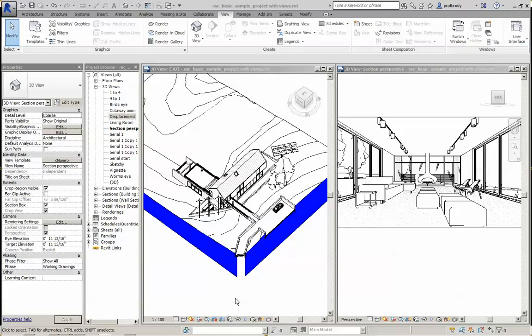Okay, gang, a few more view types that I'd like to talk about for our composition project. One is called a section perspective. I'm going to start with my standard interior perspective here of this space. But what I'd like to do is crop away, cut away the building as if it was a section, but leave the perspective part. And the way you do that is you turn on the section box here in this